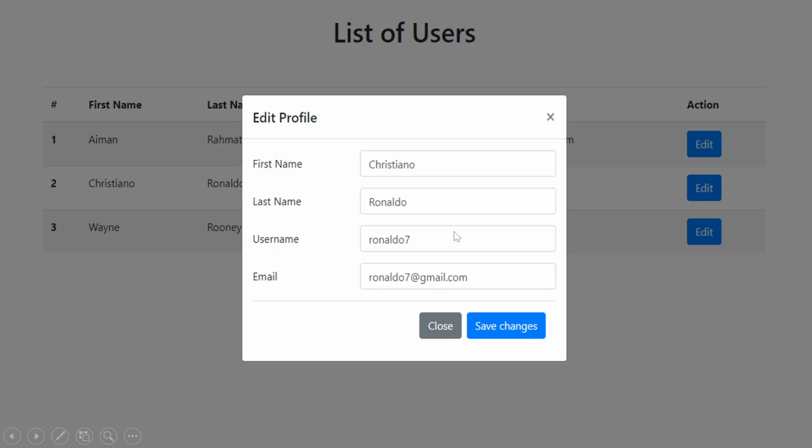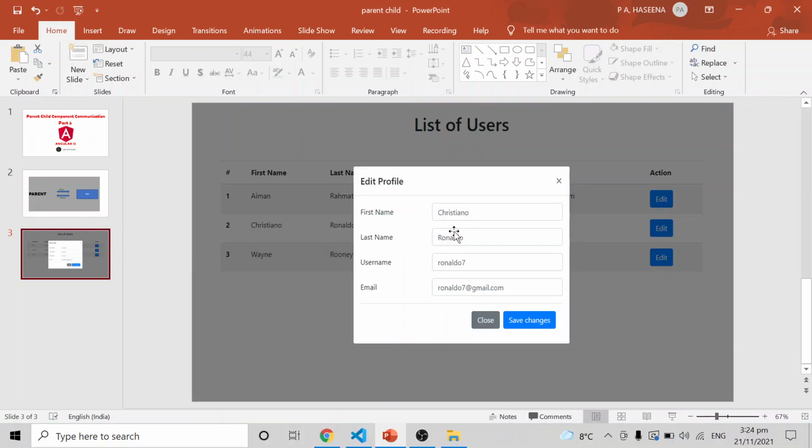For that purpose, you can use @Output. This is when you use @Input and @Output decorators for communication between parent and child.